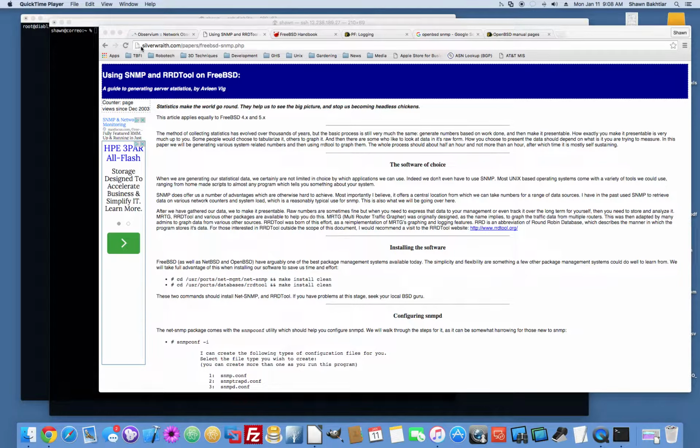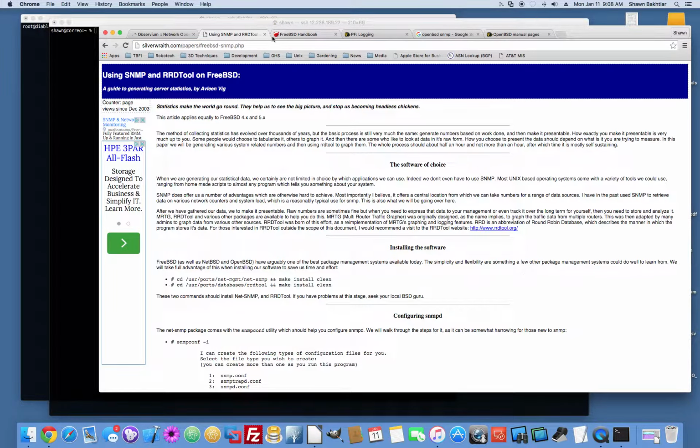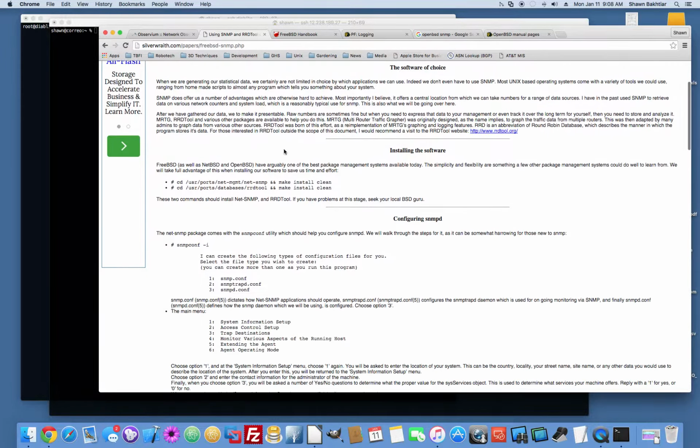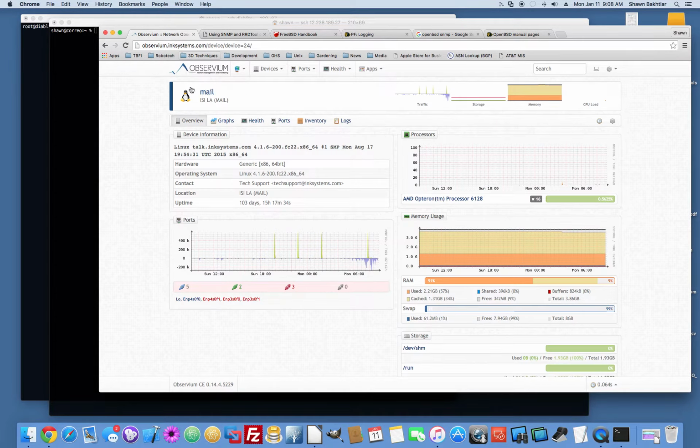I'm going to be using this silverwraith.com paper, FreeBSD-SNMP.php here. I'll try to remember to put a link in the video description for you guys. But basically, we're only going to be using the first half of this paper. It's pretty straightforward because we actually use Observium, which is a pretty nice open source product that gives you the